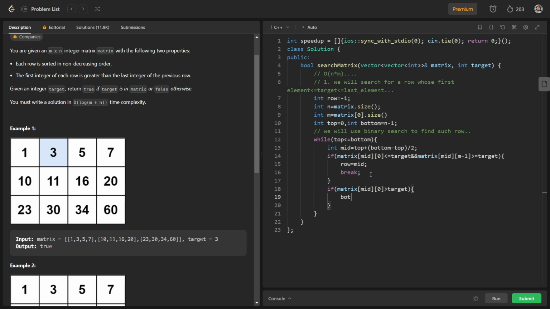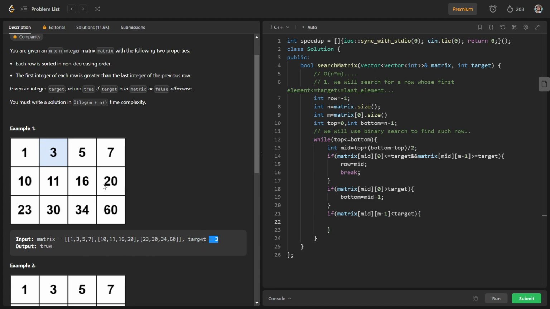So basically bottom will be nothing but mid minus 1. And if the last element of this row is less than target, what we will do? Let us see, if we were searching for 34 instead of 3.